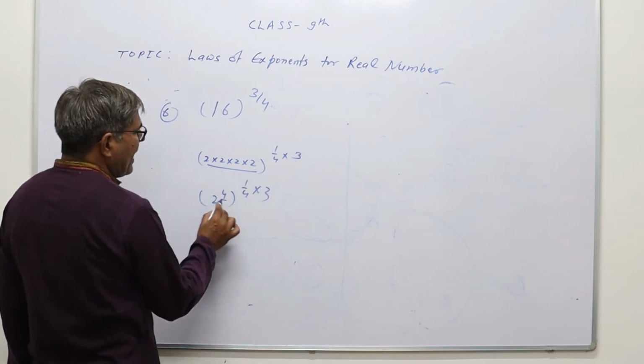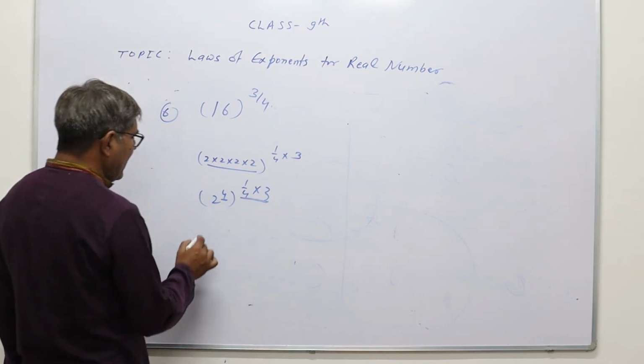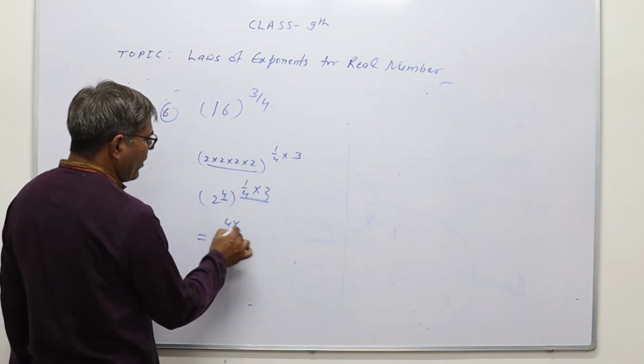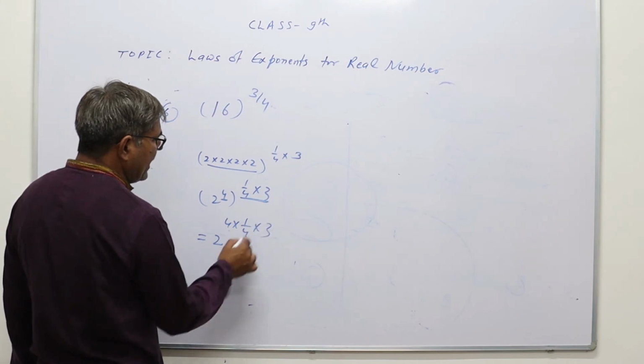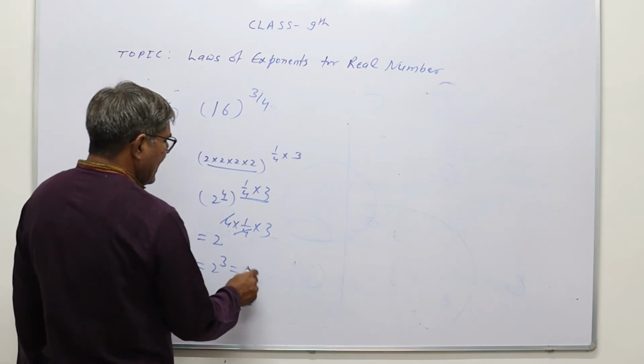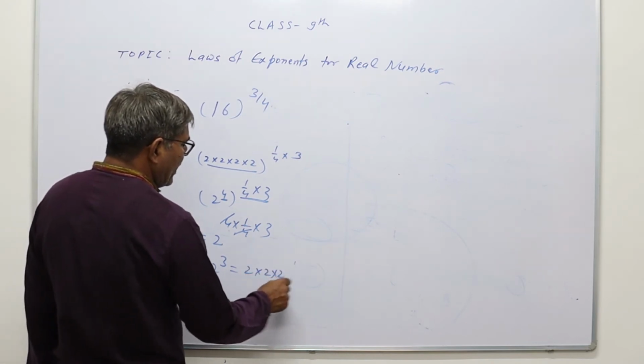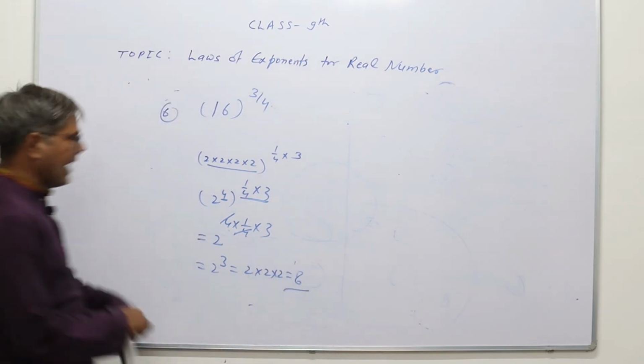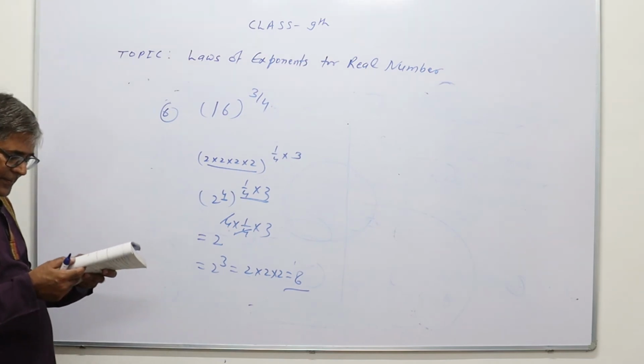Now see, power on power, so the power will be multiplied. So 2 raised to the power 4 into 1 by 4 into 3. This 4 will be cancelled out. That is 2 raised to the power 3, and 2 raised to the power 3 will be 2 into 2 into 2, that will be equal to 8. Then